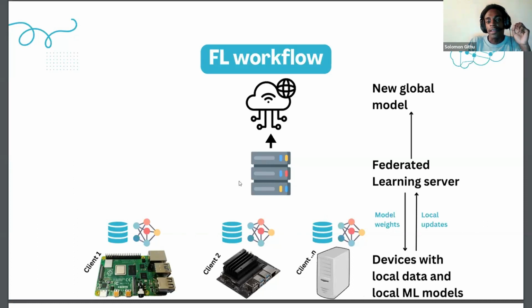After training the model, there is a server that facilitates this training. So each device will train a model. After each computer trains a model, it will send the updates to the server. The server will get different updates from the different computers. It will aggregate the various parameters that it gets, and then it will come up with a final global model.